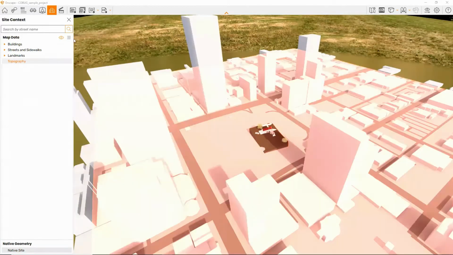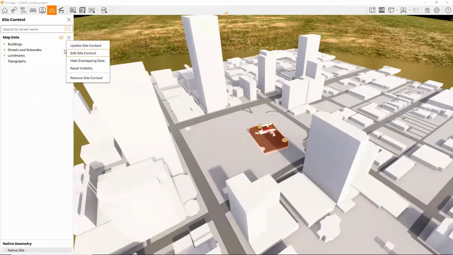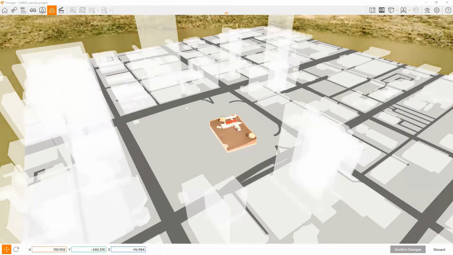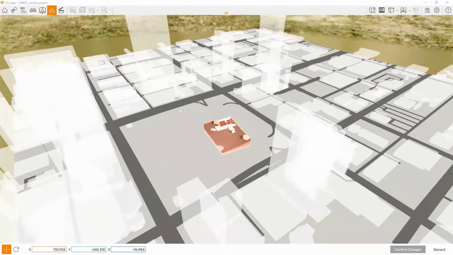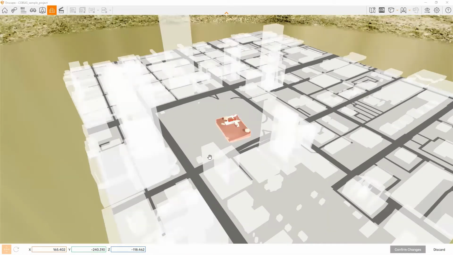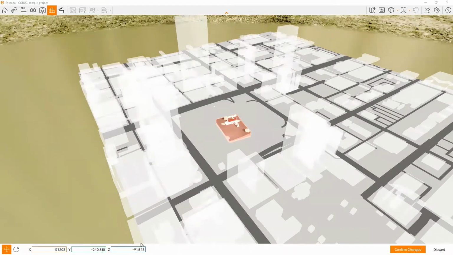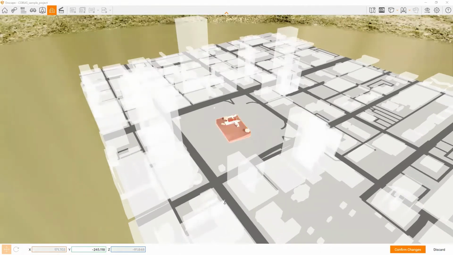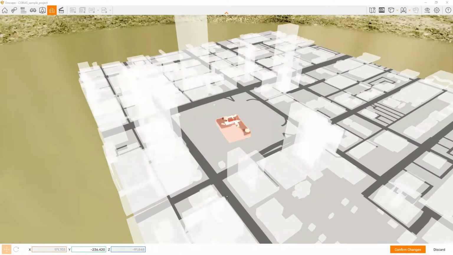And you can have the ability after the fact to update the site context. If you basically refresh it, you can edit the site context. You have the ability to rotate it or stretch it. You have these X, Y, and Z controls, although I found that it's easier to just kind of pan it and drag it. For the vertical, instead of typing in, it's actually the y-axis and not the z-axis. But if you hold down the control key, you can actually raise it up and down that way. So once you get it to where you would like it to be,